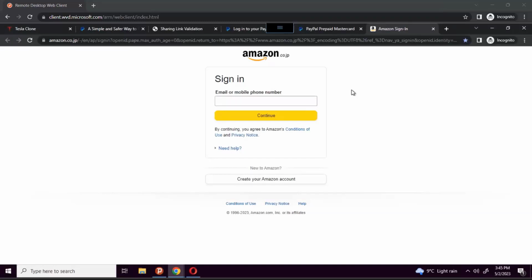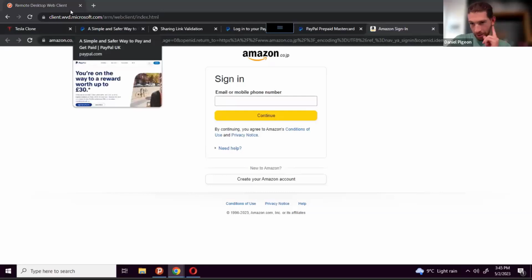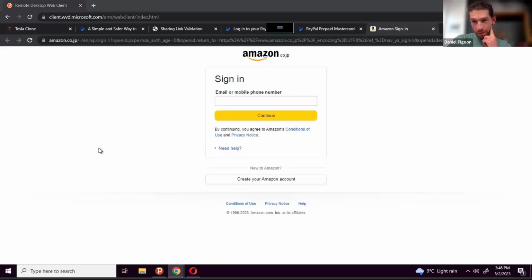Yeah, I got suspicious with the client twice. Client and then web client. It's not common to have the same, you already indicated that it's a client, and then you're adding web client. Yeah, I'll just say that the web client is just the info on my machine, because I'm using an external machine to access those phishing websites. So just ignore everything above this line, right? So just from here. Right, and then when I look at the title, Amazon.co.jp,